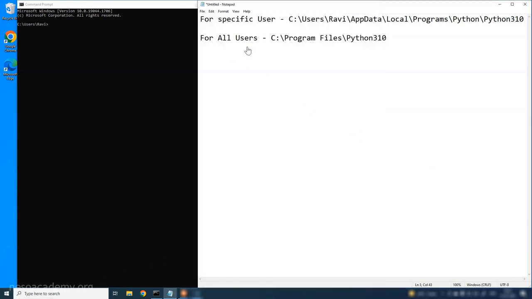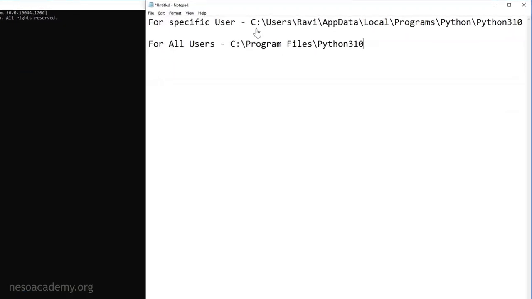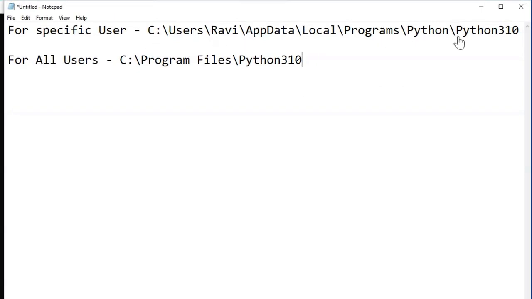As you can see, I have a notepad where I have noted down the directory structures for both the use cases, that is when I install Python for a specific user on my machine and when I install Python for all the users on my machine. Since I went ahead and installed it for all the users on my machine, I will copy this particular directory structure,